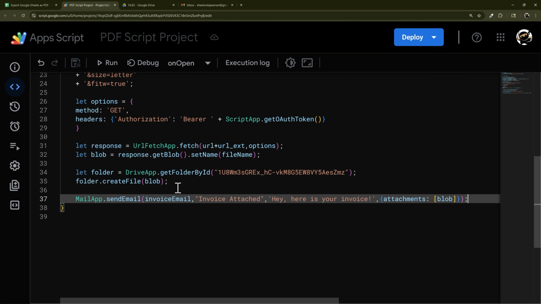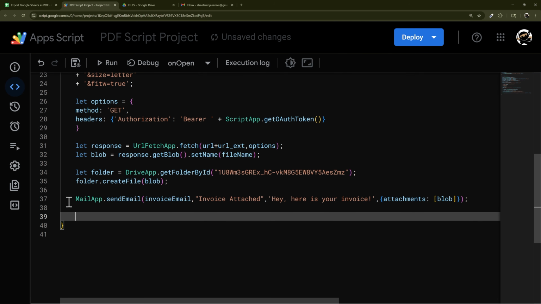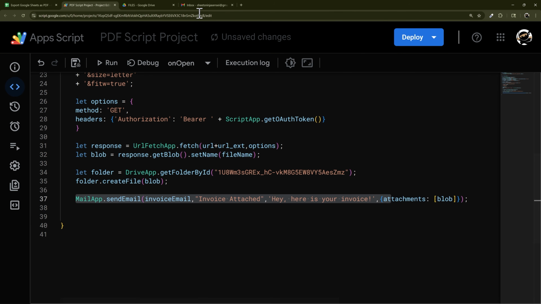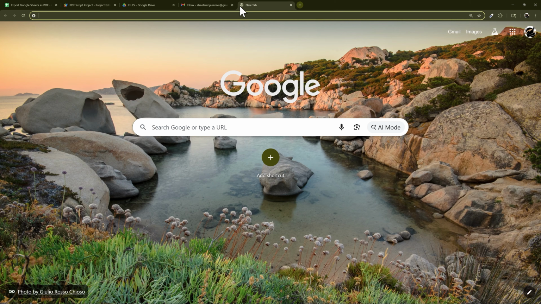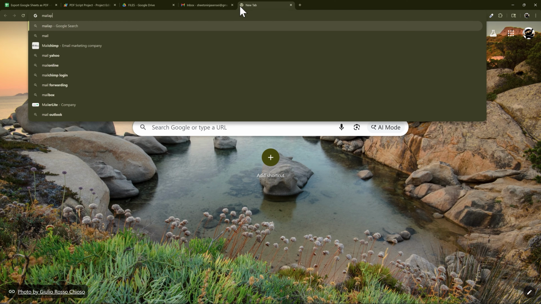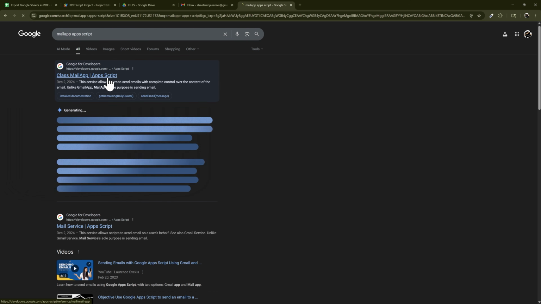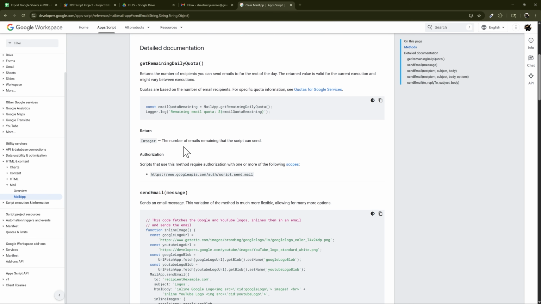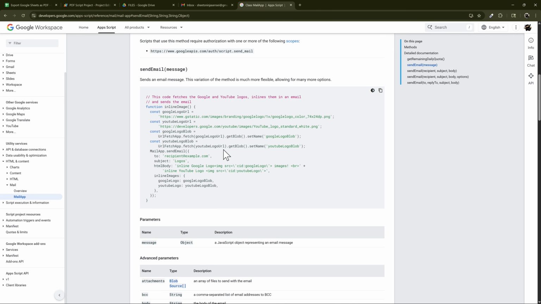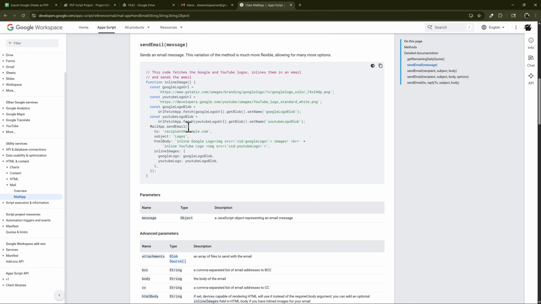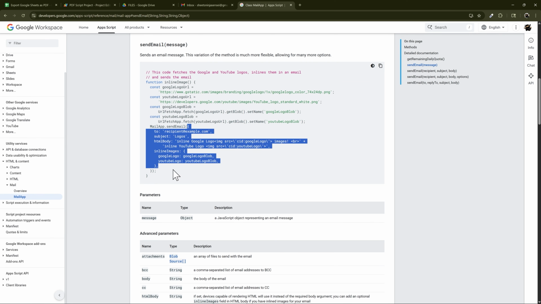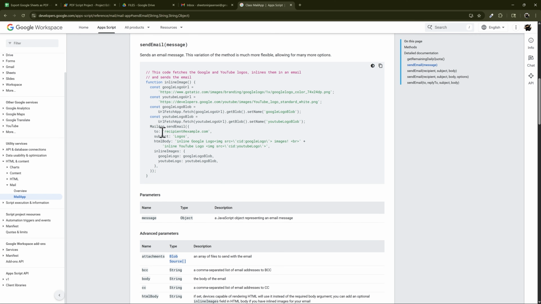So finally, let's look at a couple quick ways to upgrade our email. And so our email is very simple. And so what we can do here is mail app and app script. And then it'll bring us to this. And if we scroll down just a little bit to the send email, you'll see we have a slightly different format here. So for some reason, this one has a subject and HTML body, and that's exactly what we're looking